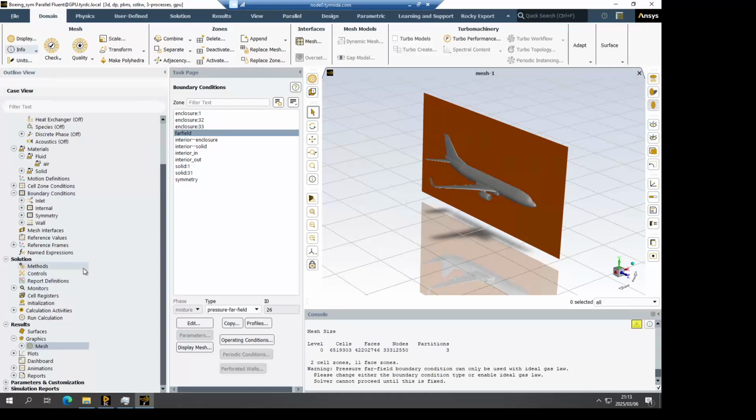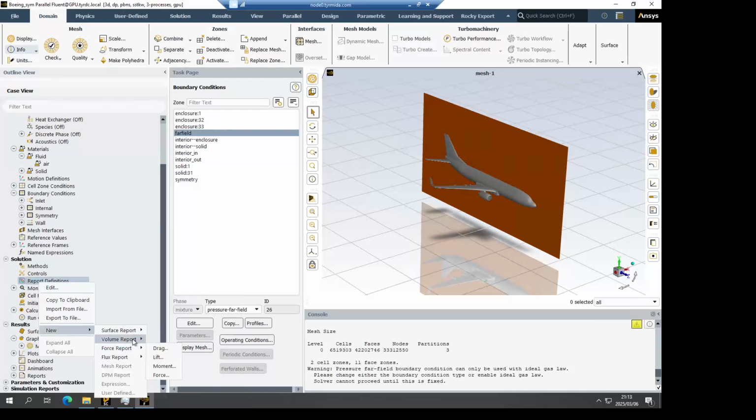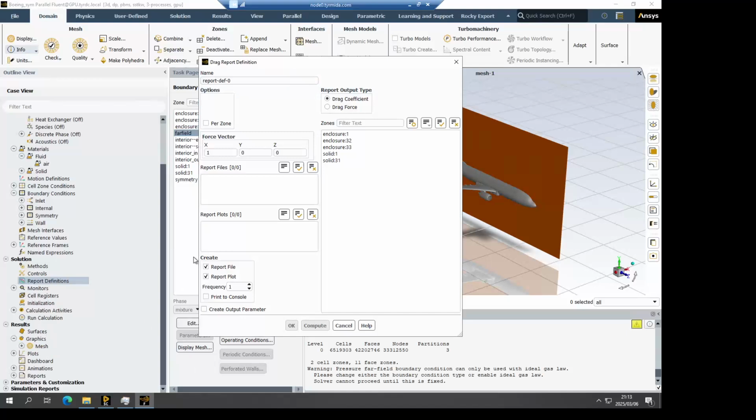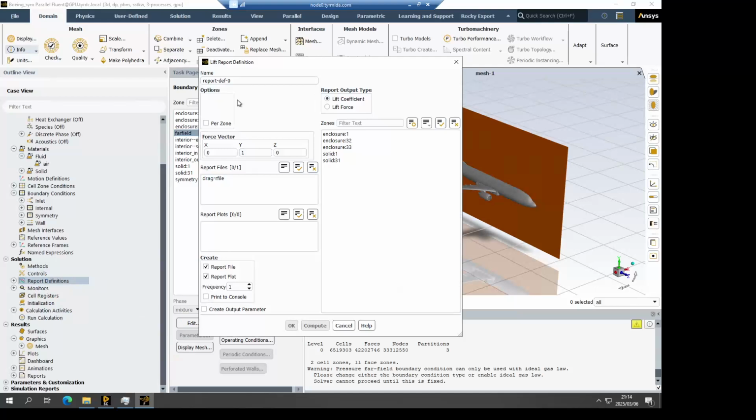Okay, then I would also like to monitor some parameters while the simulation is solving. So under my report definitions, I can add a surface report or a force report or a volume report, whatever is important. So because it's an aeroplane, I'm going to monitor my lift and drag. Okay. So drag will be in the z direction. Just call it drag. Okay, the drag force on all the surfaces that I have. And then I'll do exactly the same for lift. Force report for lift. Positive y direction is correct. Let's call it lift force on all the parts. Print to console.